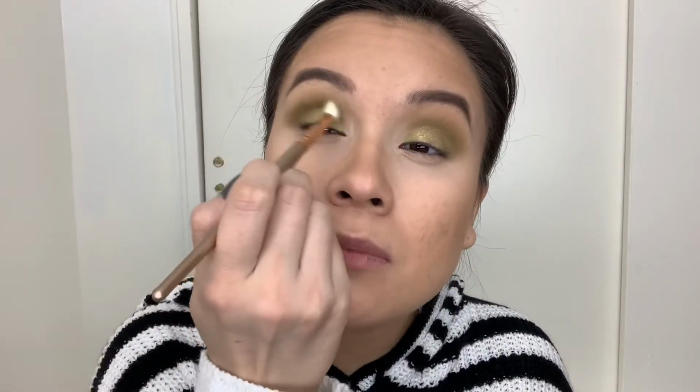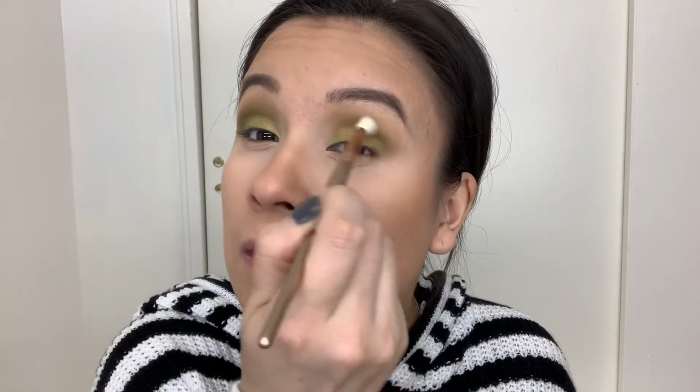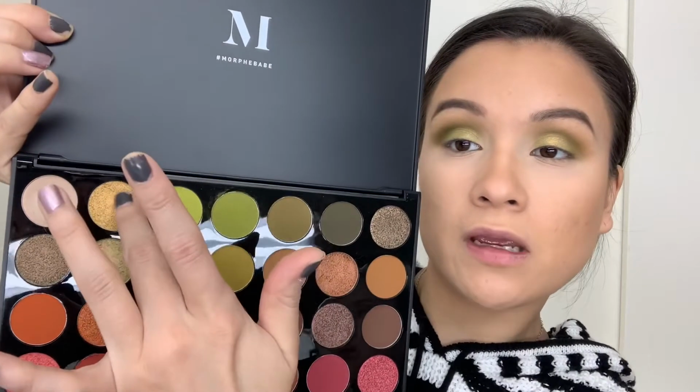Oh, I'm just gonna blend in that crease one more time. Right in the middle of my eye, I am going to go into the shade right here. It's like a green gold, but it's like a severe green gold. Like, it's so pretty though. I'm just gonna put that right in the middle of my eyelid, just to kind of add even more